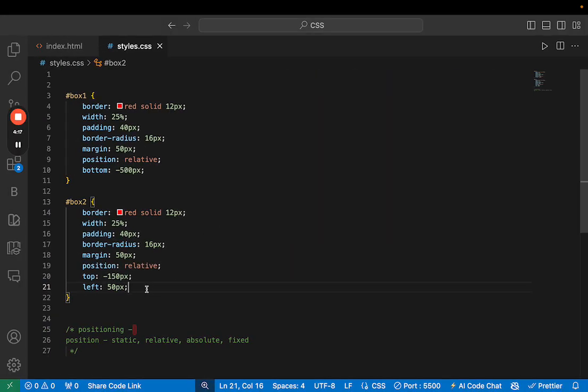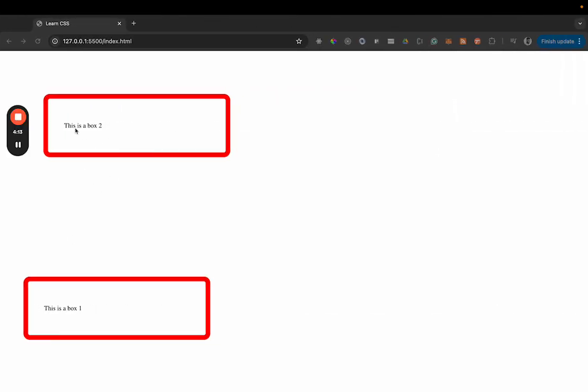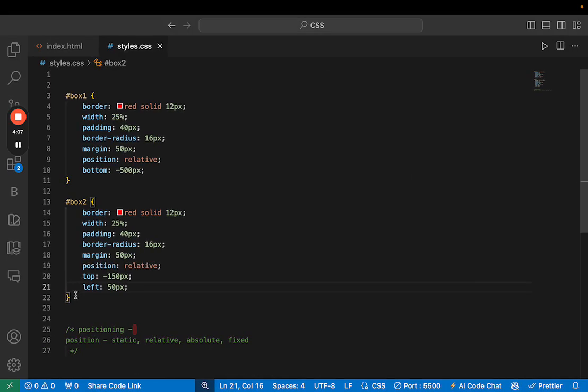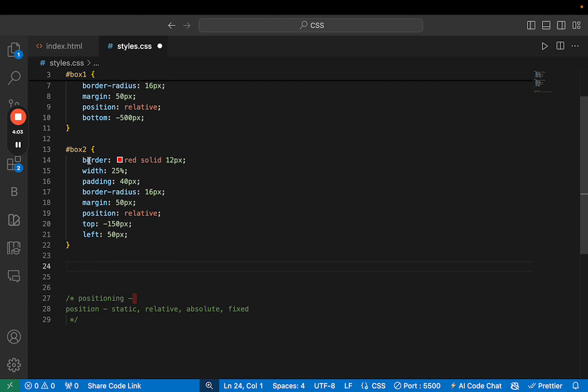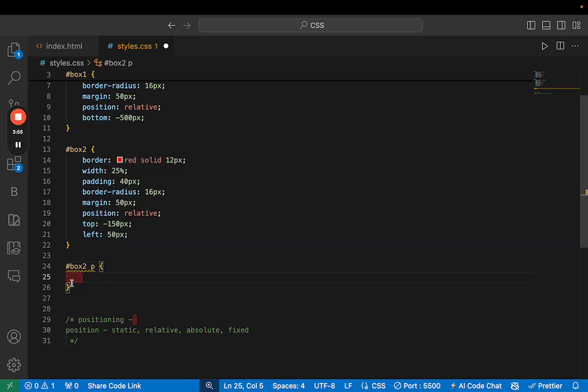Now, the next thing we want to do is, what if we want to move the paragraph around? The way to do that is we're gonna put a selector for the paragraph. So let's do it for this guy. So we're gonna combine this selector. So now,